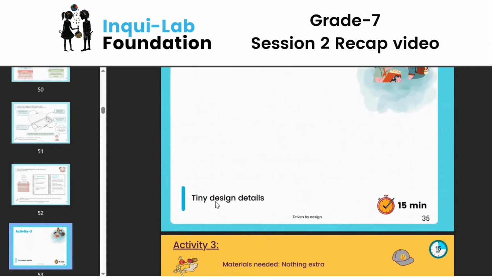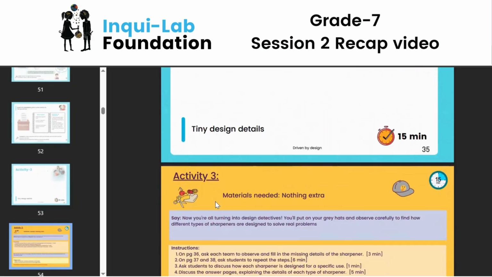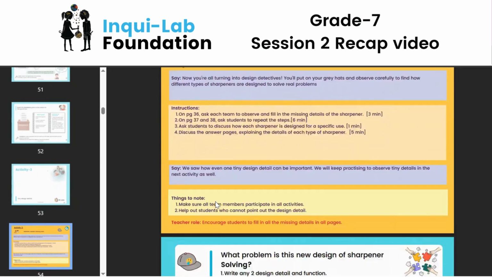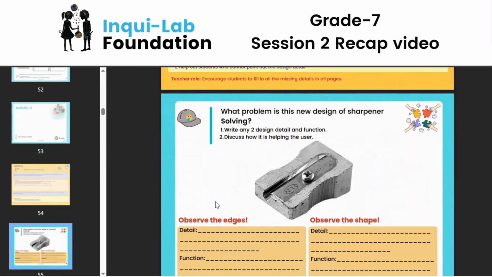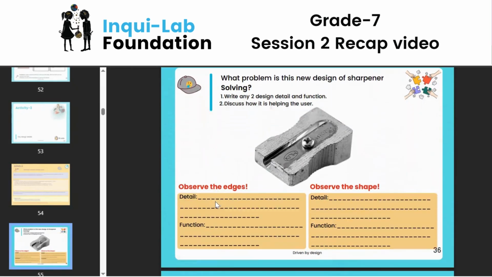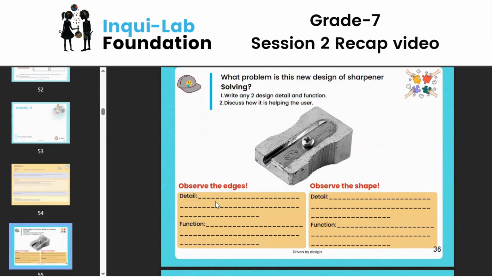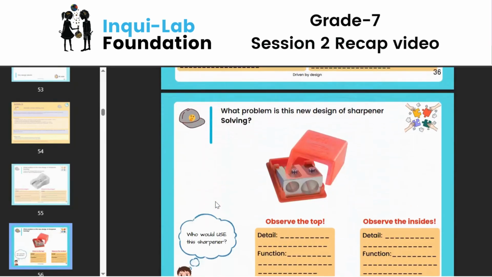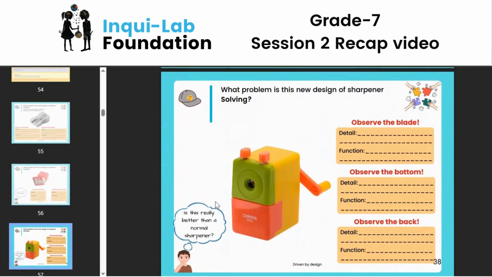Now in activity 3 is when they're going to test whatever they learned. They have learned that there are different design details, right? So now what we will do in activity 3 is that we are going to look at 3 different sharpeners and we are going to try and identify the different details and functions that are there. So page 36, 37 and 38 will be the students identifying the different design details in each image